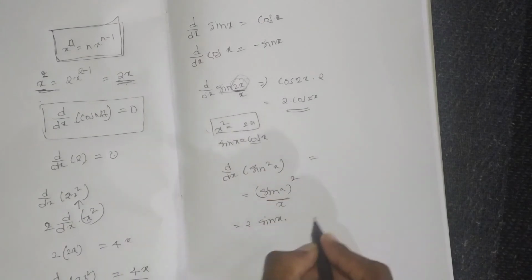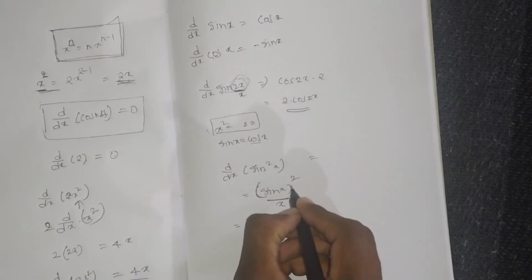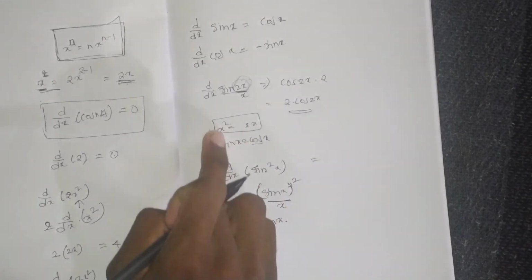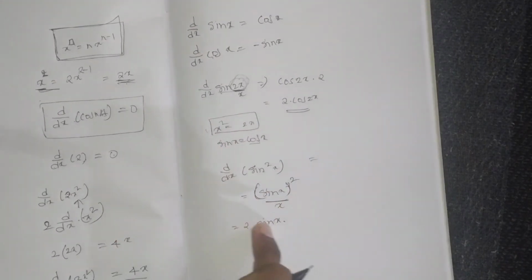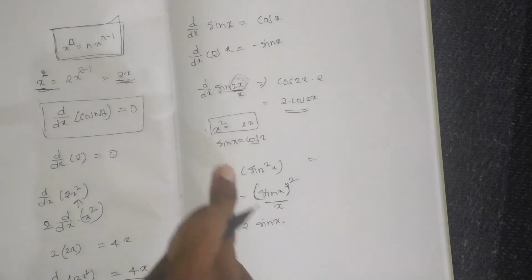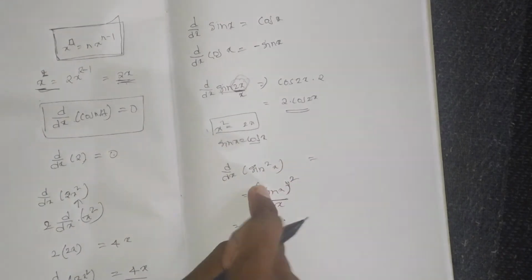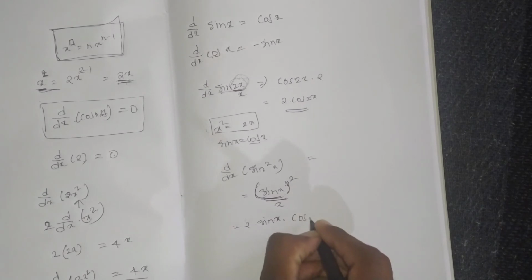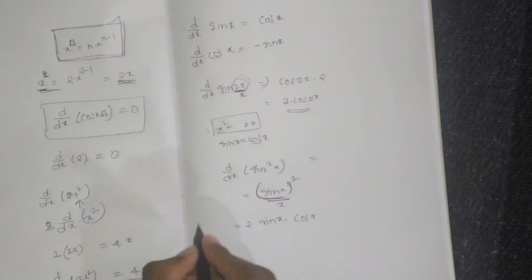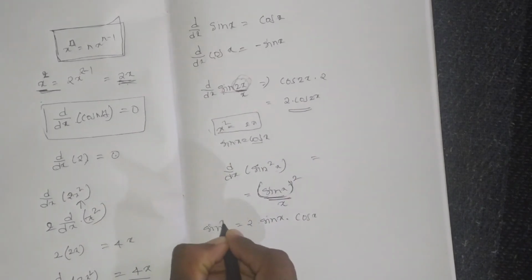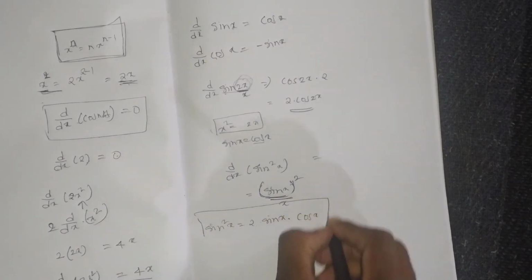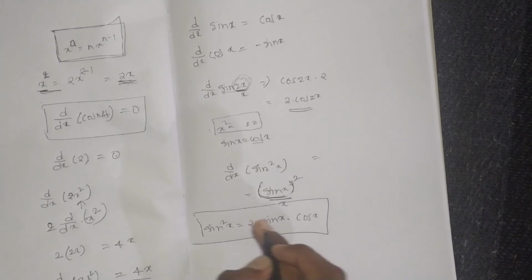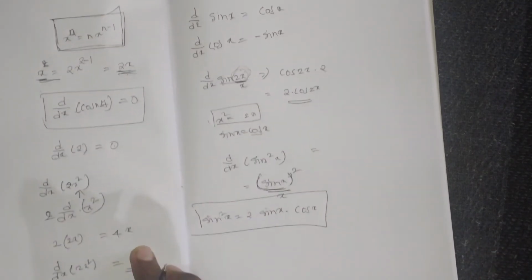Again, we also have to do the sin x differentiation. We just did the x square differentiation, where in the place of x we have sin x, but I have not yet done the sin x differentiation. What is the differentiation of sin x? Cos x. So this is the sin square x differentiation: 2 sin x cos x. This is nothing but sin 2x.